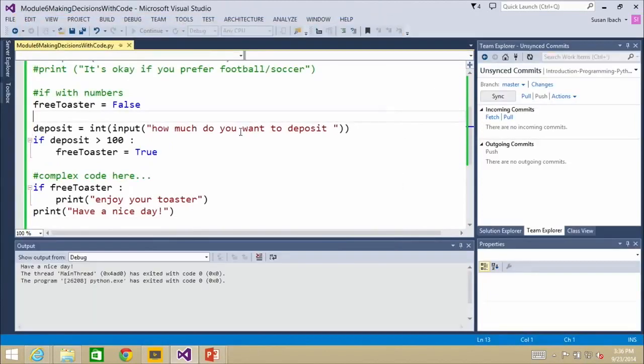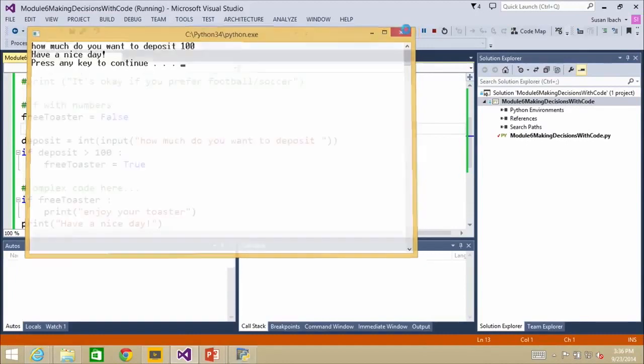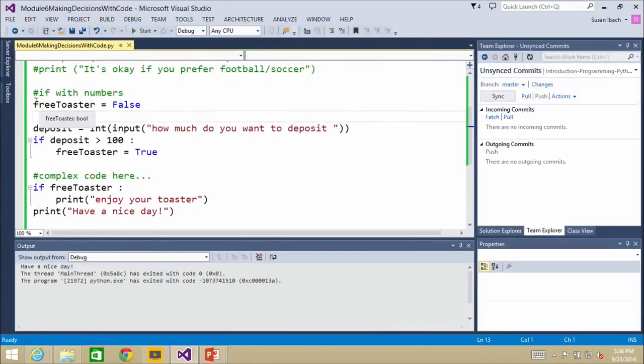Just to be thorough, though, I'm going to be a good tester. I'm going to test my boundary condition. $100 should not give me a free toaster. Excellent. I have coded my lines correctly. Well done. So initializing variables, especially Boolean variables, is a very good habit,